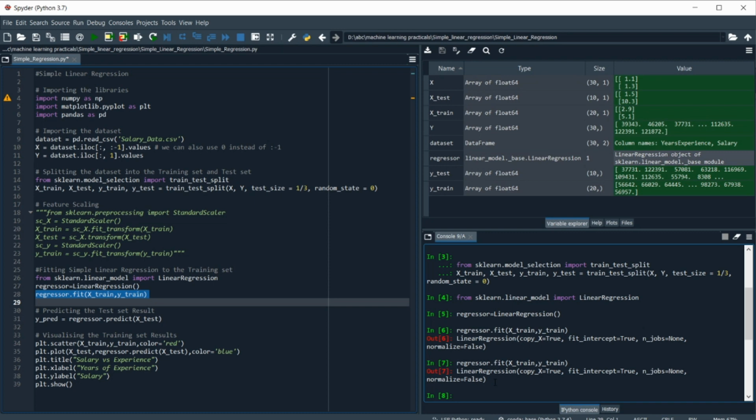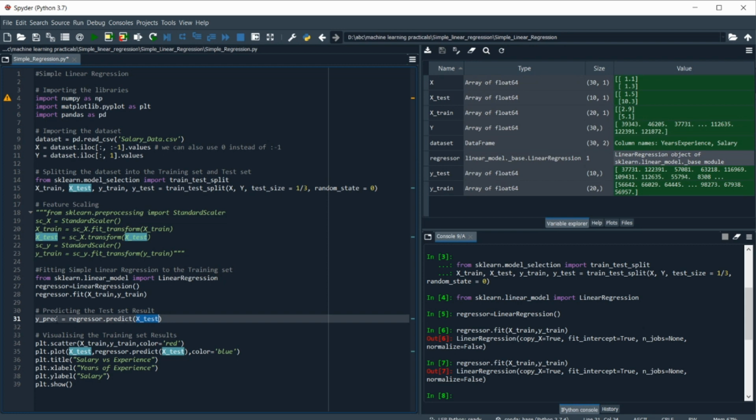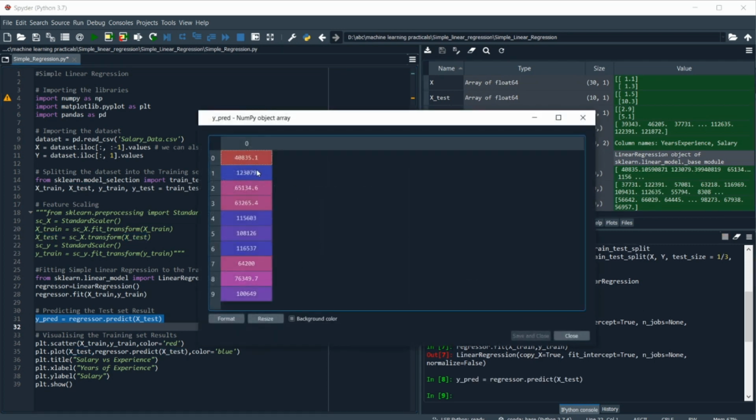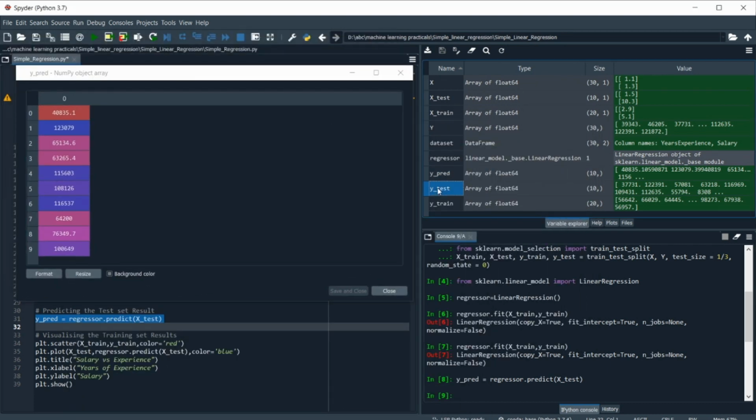In order to validate, we are going to make predictions over the test independent variable of the testing data, and then we are going to compare the dependent variable of the testing data with the predictions we made. As you can see here, we use the regressor.predict function to make predictions on x_test, which is the independent variable of the testing data, and store the output of the prediction in the y_pred variable. Executing this line of code will create y_pred, which contains the predictions made by our model. Now we are going to compare it with y_test, that is the actual value.